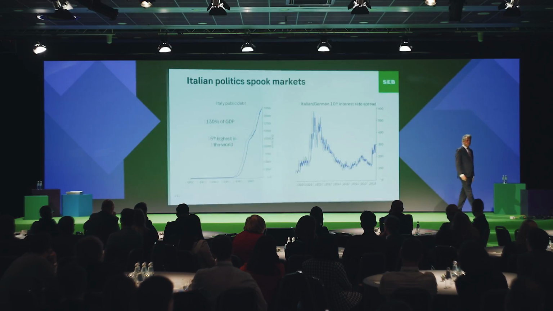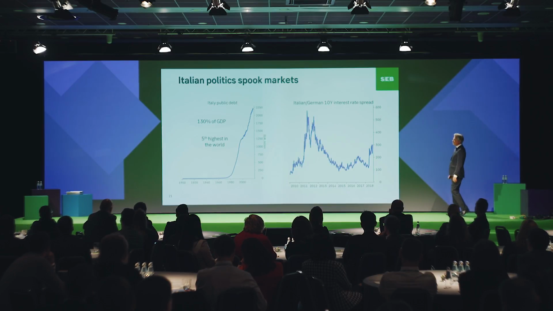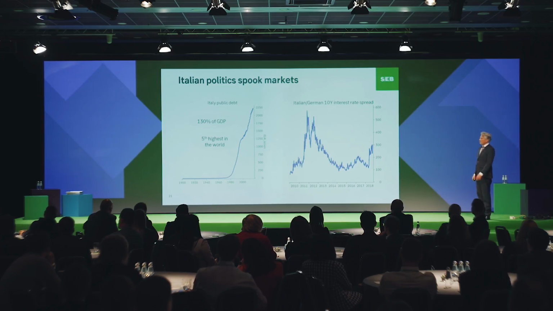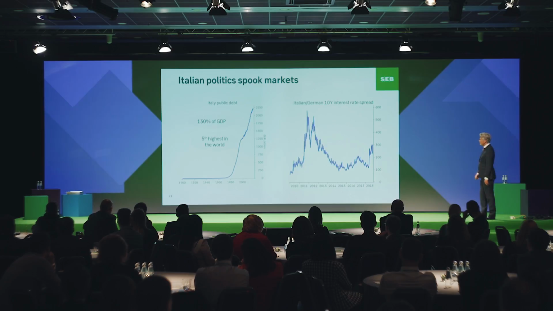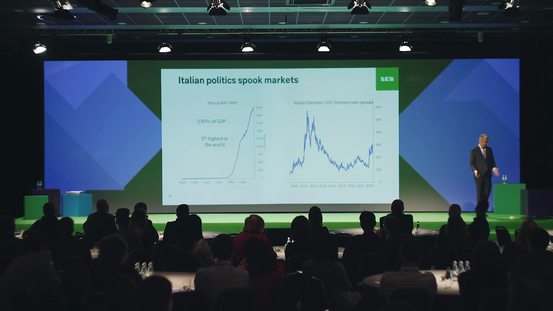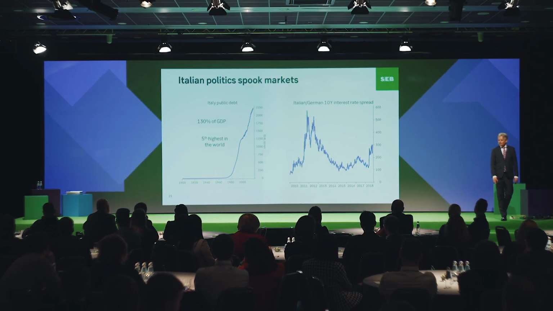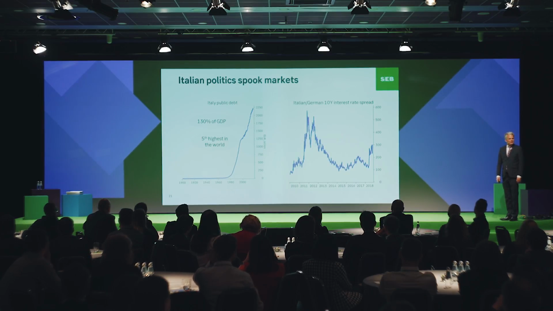But Europe has other problems as well, right? There's always problems in Europe. And this is perhaps the most pressing one, Italy. Have you been following the situation in Italy? Political mess. They have a huge public debt. And they are now conducting a fiscal policy which is not to the liking of the EU Commission and Germany and other stable countries. And they are now being punished over this in the fixed income market.